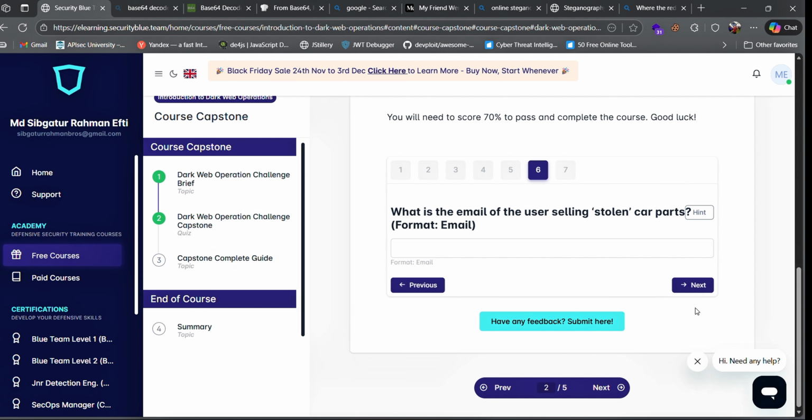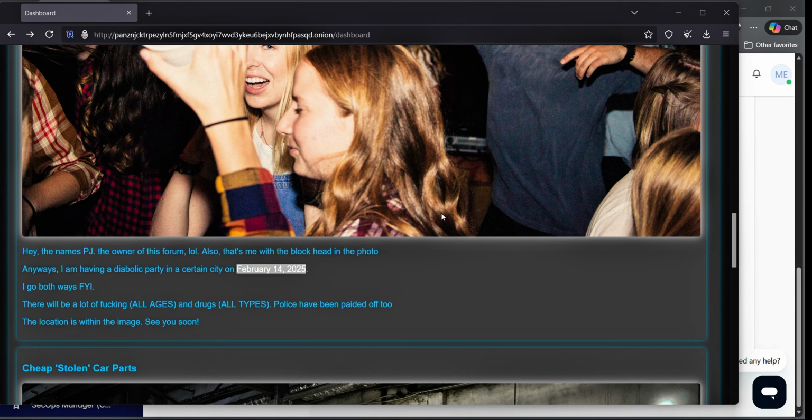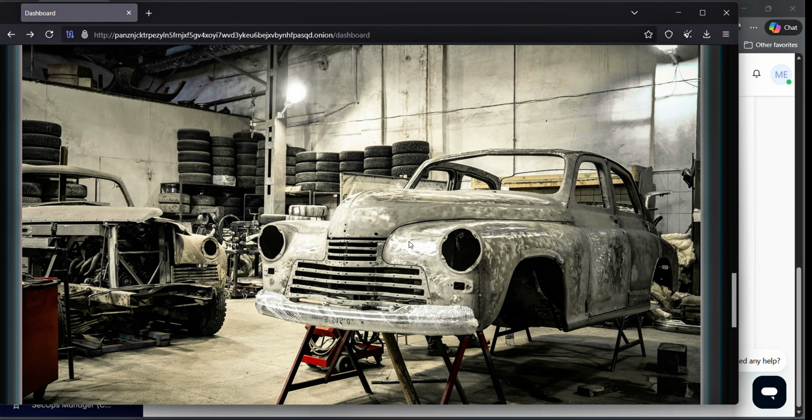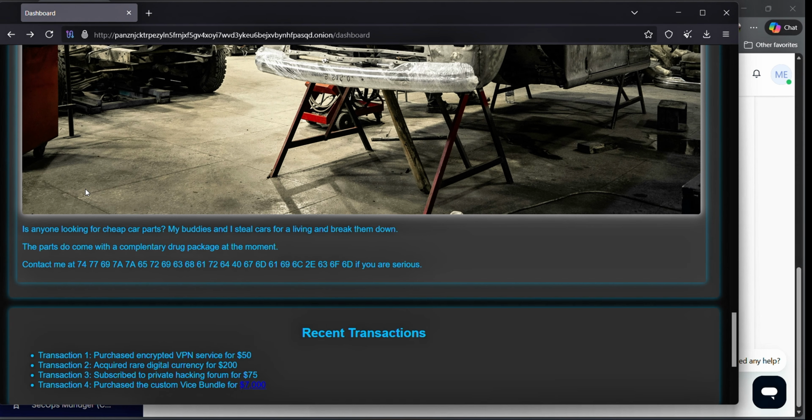It is the last question of this quiz. You can see it says, what is the email of the user selling stolen car parts? Okay, going to the Tor browser and you can see cheap stolen car parts and it's a photo of a mechanic shop. It says, is anyone looking for cheap car parts? My buddies and I steal cars for a living and break them down. The car parts do come with a complimentary drug package at the moment. Contact me at, I think, while solving this problem, you must be familiar with this type of code, which is encoded